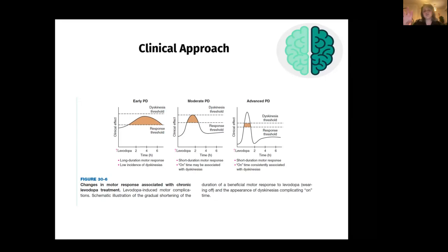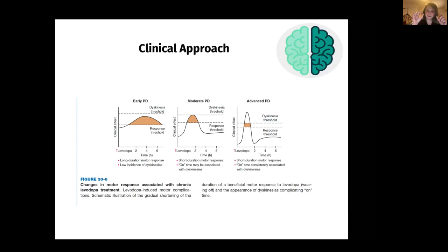And this is just a scheme to show you how patients progress over time. So as you can see, we have two thresholds, the dyskinesia threshold and the response to medication threshold. And the area in between is what we want optimally to reach for these patients to stay within that only. So as you can see, in early Parkinson's, patients usually would be staying in that for most of the time, and their symptoms would be very, very well controlled. However, as they progress in the disease, and that could be sometimes over years, 5 to 10 years, until they reach the moderate and the advanced courses, you can see that